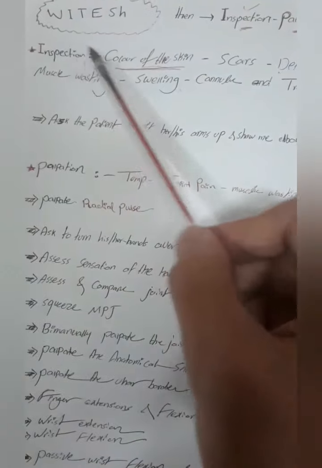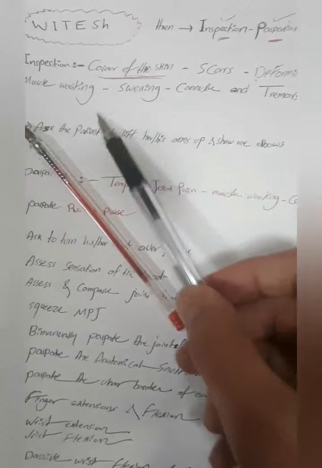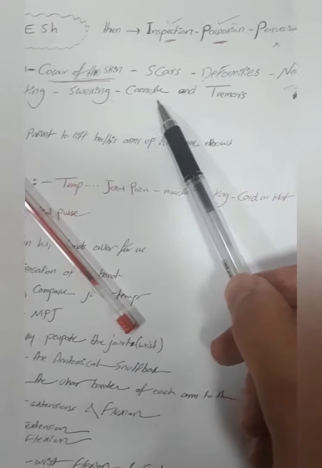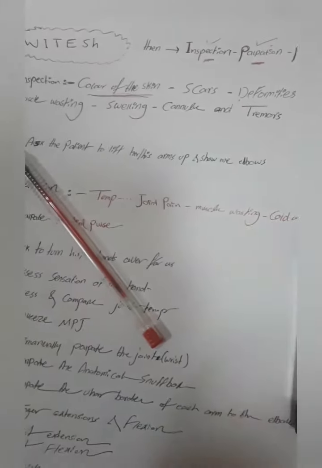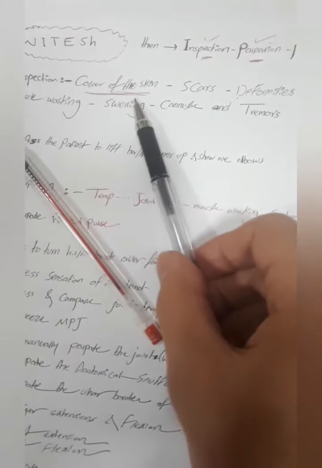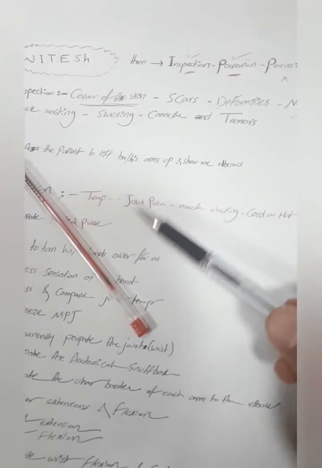So let's start with the inspection. In inspection, in general, we are looking for color of the skin, scars, deformities, nail changes, muscle wasting, swelling, cannula, and tremors. Okay, according to this theorem, color of the skin, you have to mention is peripheral